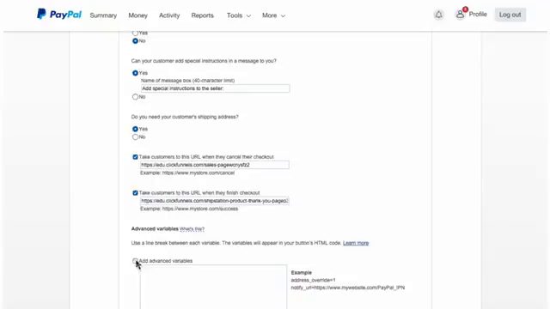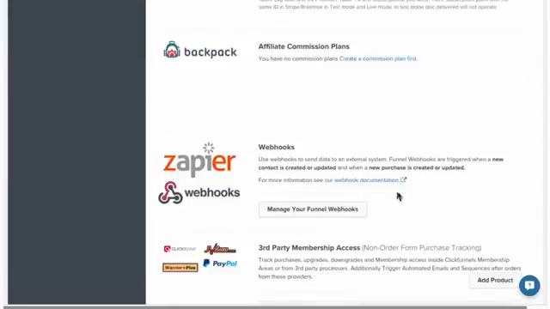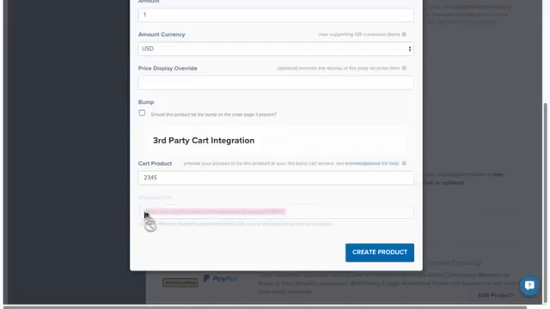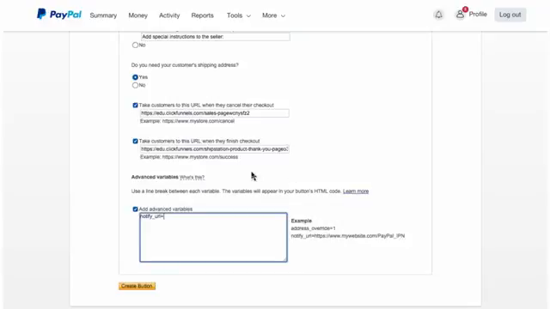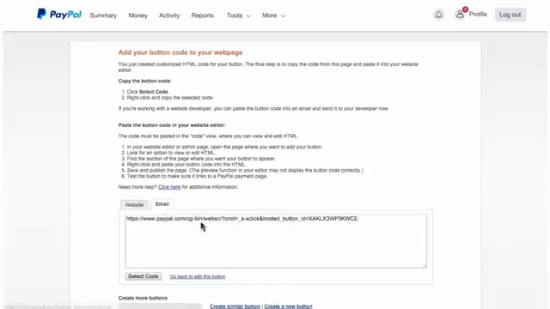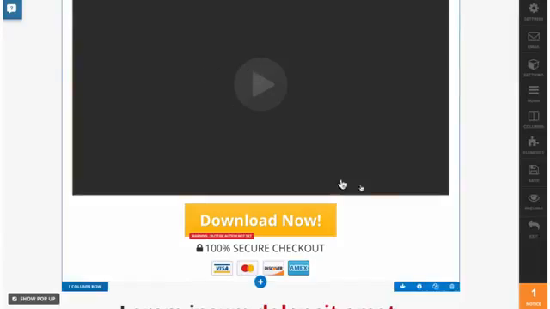and add that there. And then I'm going to use notify underscore URL equals. And then I need to go back to my product and get the webhook URL. And you'll notice that it's the same for each product in your funnel, but they are different per funnel. So be careful with that and add it here to the notify. I'm going to create this button. And then I can get this email link and I can add this to my